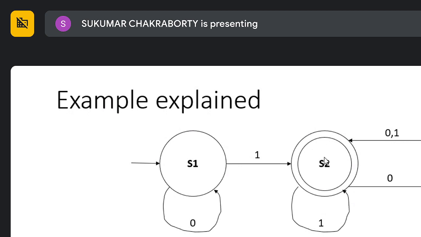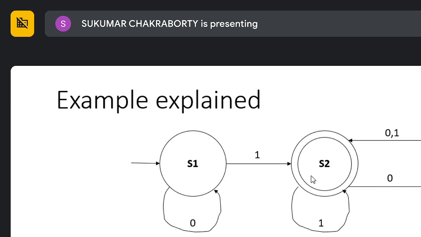So a string ending with 1 is accepted, or a string ending with an even number of zeros. Whenever I give an even number of zeros, then 1, 0, 2, 0, it comes back to S2. So that is the general characteristic of the strings accepted by this machine,